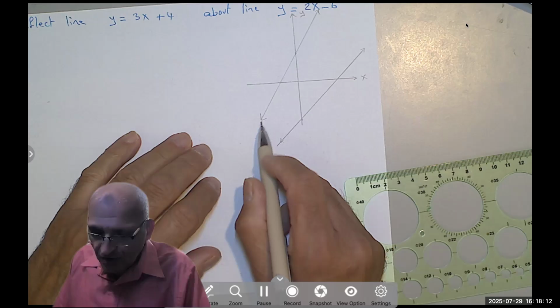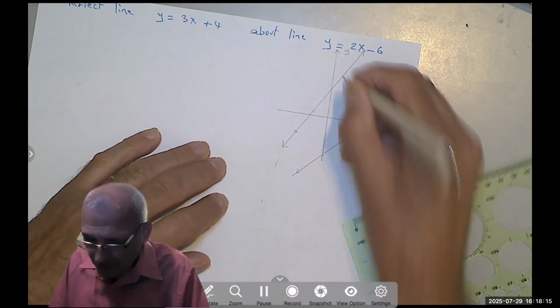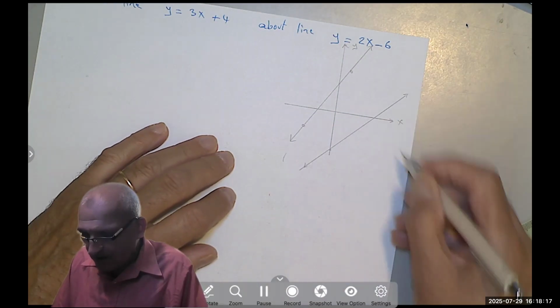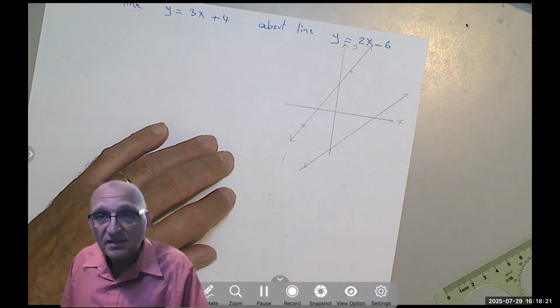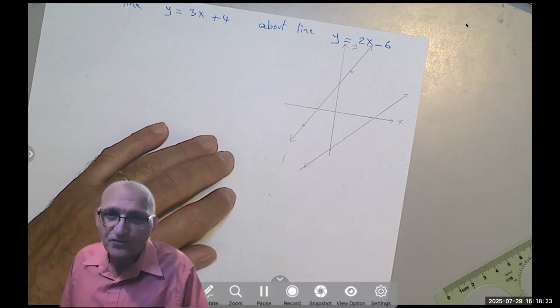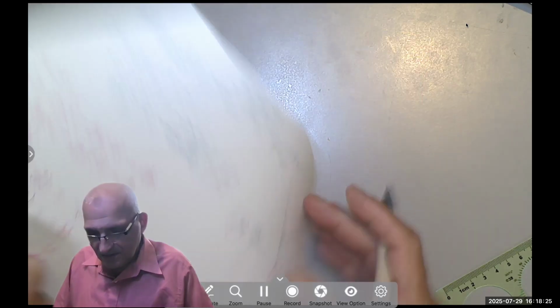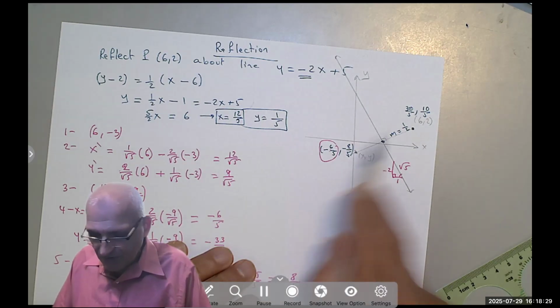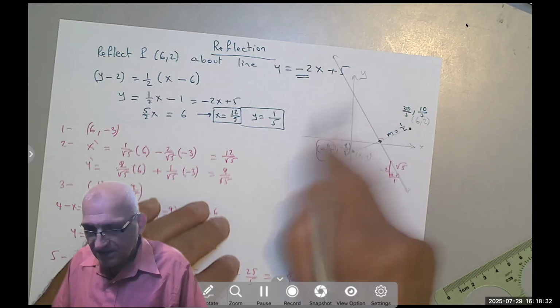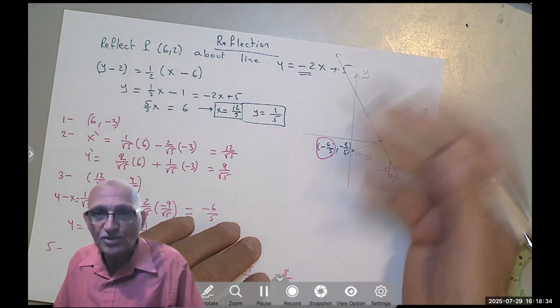So really, you can pick 2 points and do the same thing we did before. Find the new 2 points, and the line would be something like that. It's a lot of work. You see how we have to reflect one like that, and then you create another equation and find another point of intersection